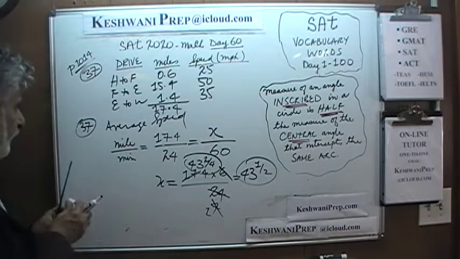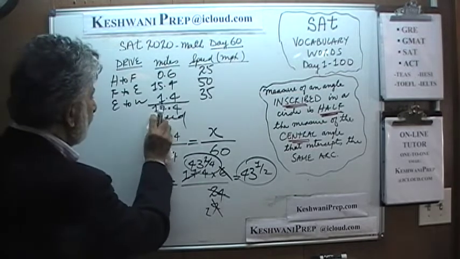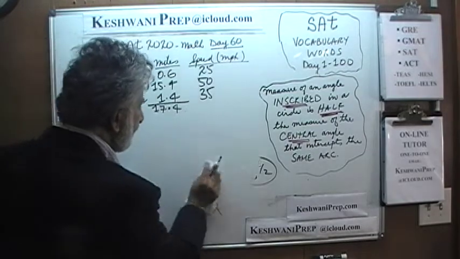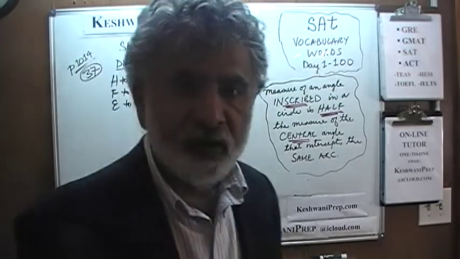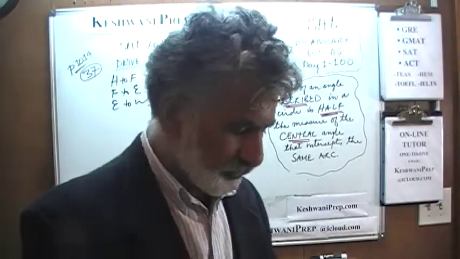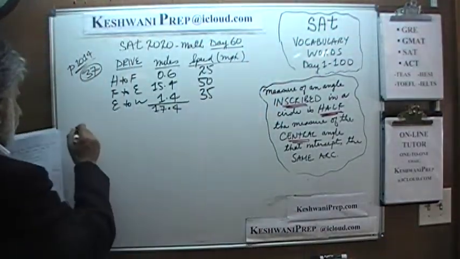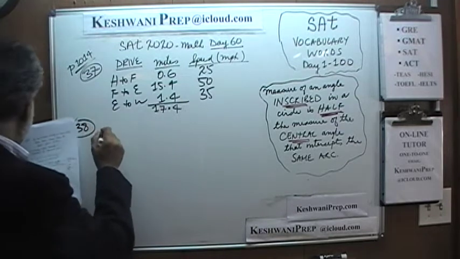Number 38 is very tricky. It's the last one in the section for a reason. It is tricky. In number 38 it says that if